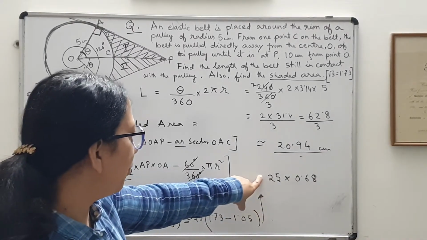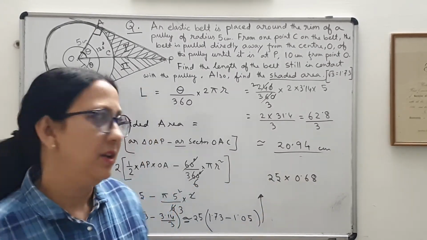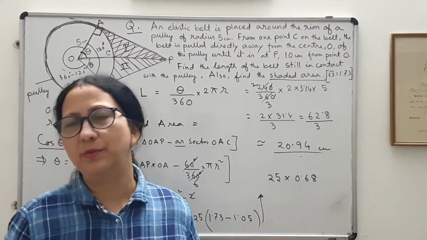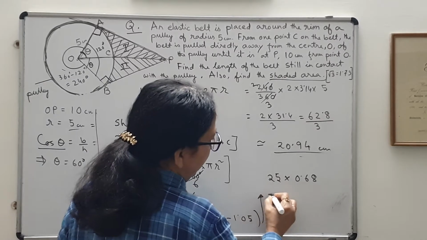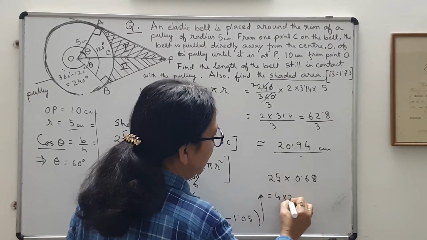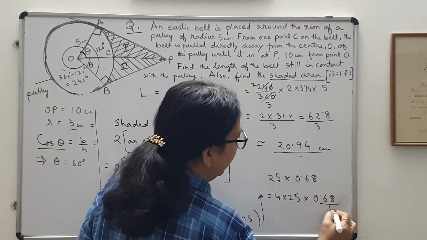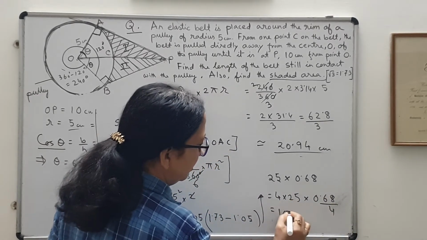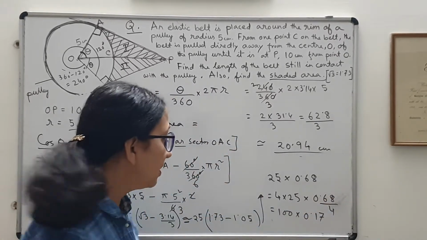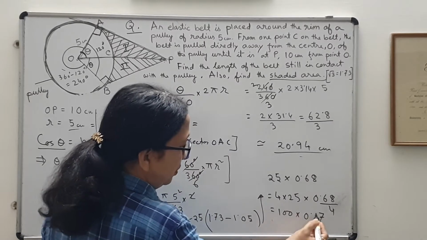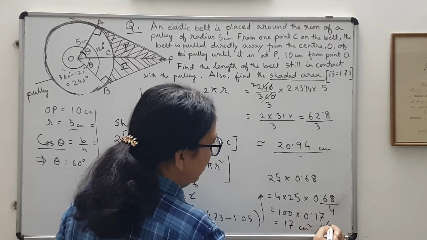Now what we'll be doing, instead of multiplying, I can do one thing. I'll multiply by 4, so I'll get 100, and I'll divide by 4 because I know 68 is a multiple of 4. If all the tables are known to you, you'll be very familiar with the numbers and then it will be very easy to manage the calculation. So multiplying by 4, then again dividing by 4. So it is 100 into 0.17, since 17 fours are 68. Now it is so easy. 2 zeros, so it is 17. So 17 centimeters square, approx. You write approx.